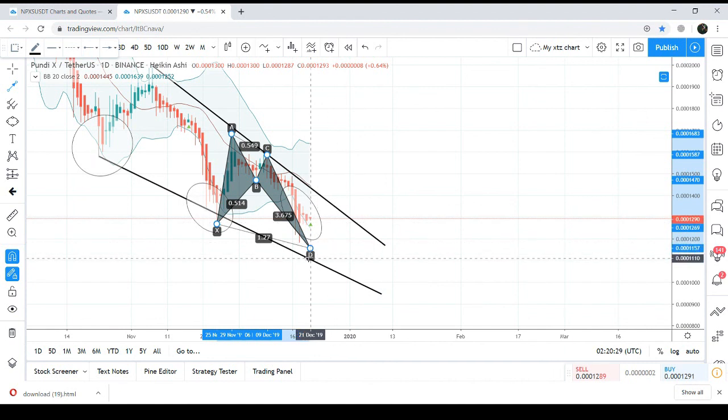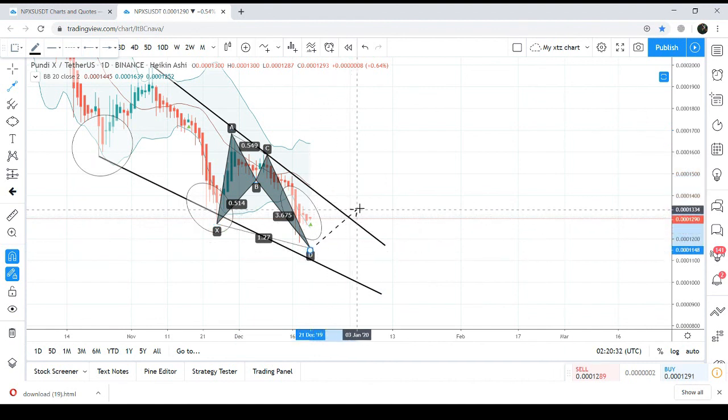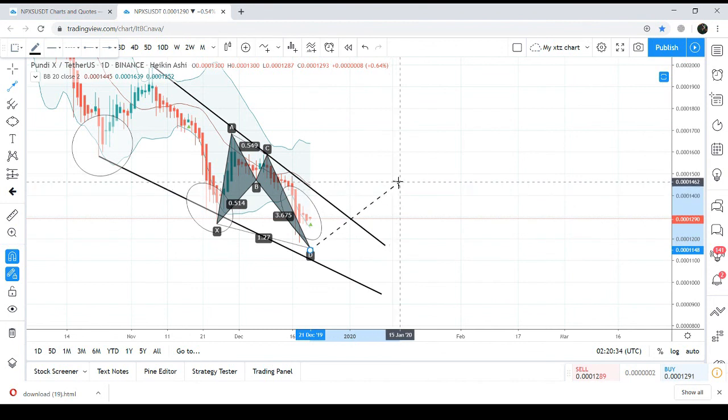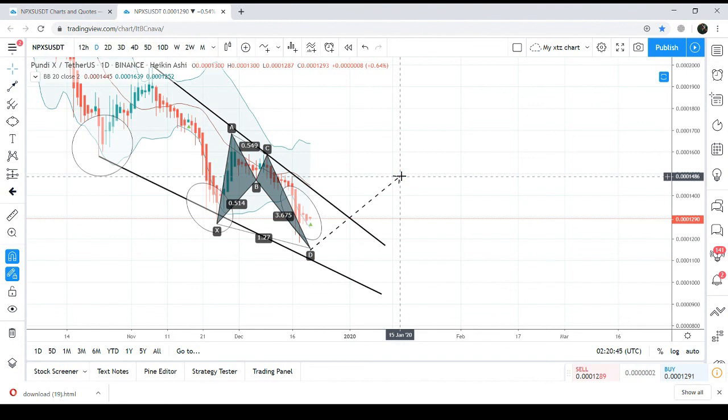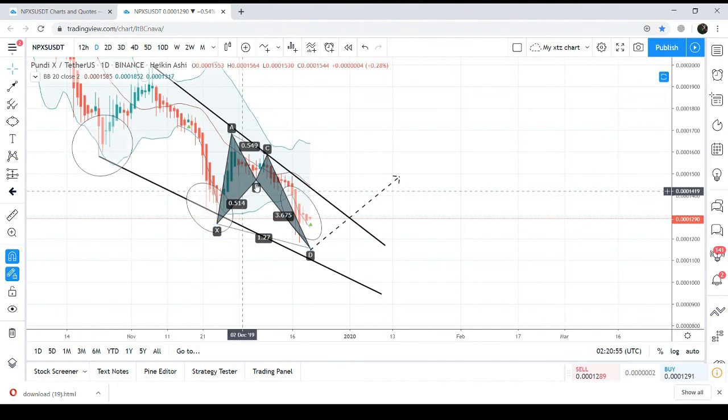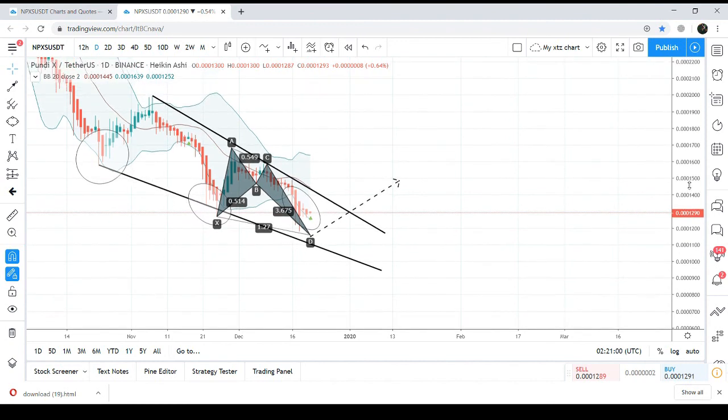Even the price action can break out from the resistance of this chart pattern, like we have the falling wedge resistance here, and it can be broken by the price action, and price action can have a very powerful breakout with the push or with the power provided by this bullish harmonic pattern, which is the crab pattern. So once the price action will have a breakout from here, then it can hit the resistance of the price